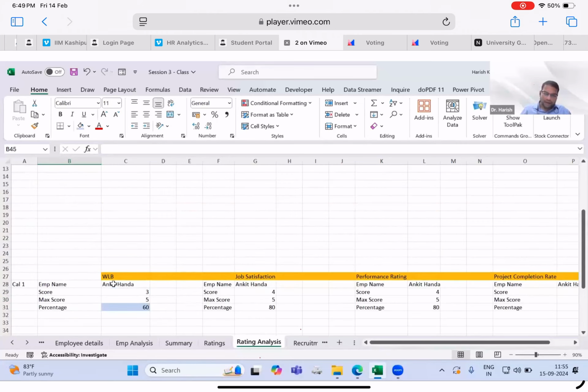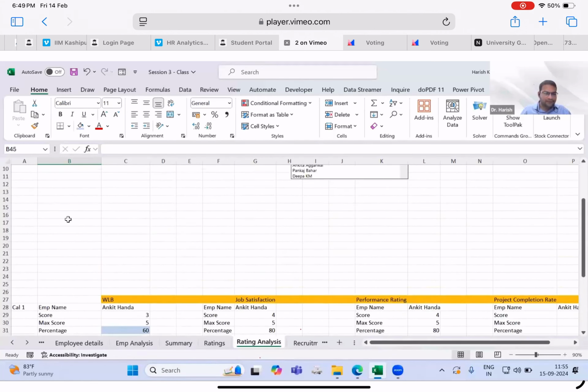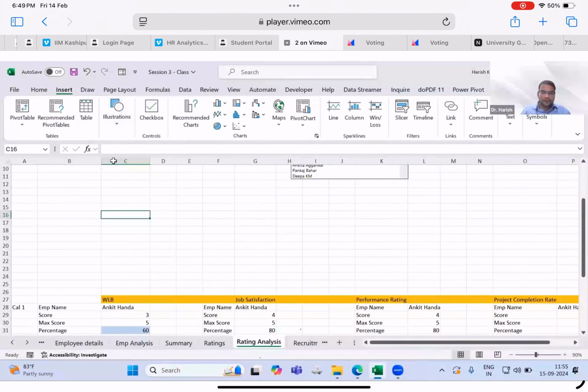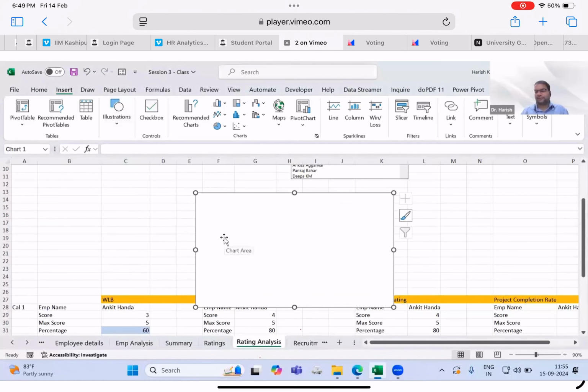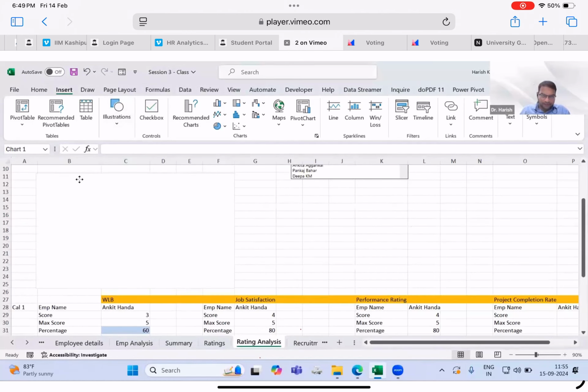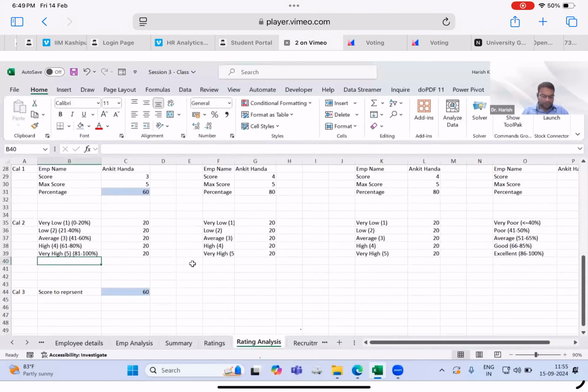So how to develop? Let me select my first column in this, for WLB, my first rating. Here I'm selecting somewhere. Just click on Insert, then click on the donut chart. I have selected the donut chart, but before that, I need to calculate the sum. Like I was mentioning, I need to make a cumulative analysis in this total. The max percentage can be 100%, or the max value should be